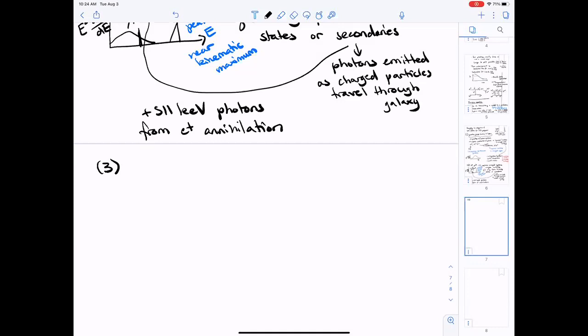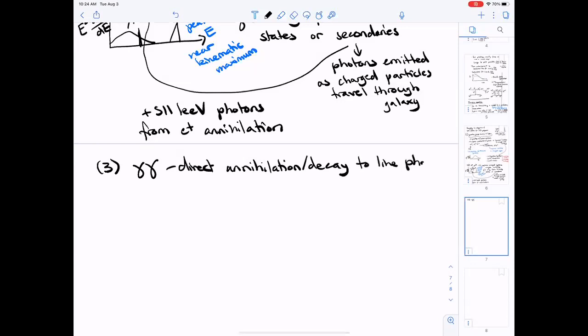Very good. Okay. So the third category is if you have a situation where the dark matter annihilates or decays directly to photons. This is the dream signal from the perspective of an indirect detection specialist who doesn't want to have to deal with backgrounds. Two dark matter particles come in, two photons come out, each carrying half the center of mass energy of the original interaction.